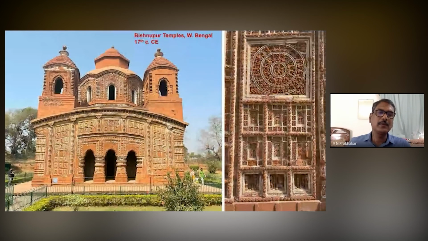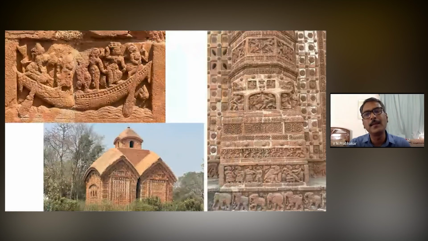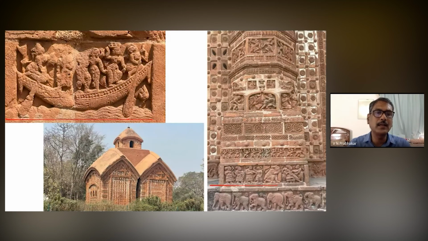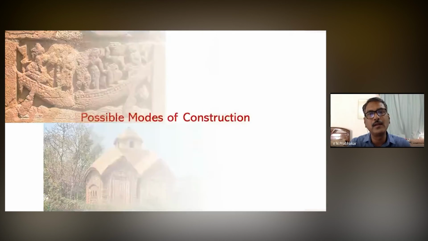So we also see examples of brick temples, like in this case of Bishnupur, where terracotta elements have been used to completely embellish the temple walls with various kinds of decorations, depictions and scenes, which also give evidence of the contemporary lifestyle, even of important features like river navigation, the mode of construction of ships, and also these domical roofs with a wagon-vaulted feature. It clearly gives much protection in the heavy rainfall region.